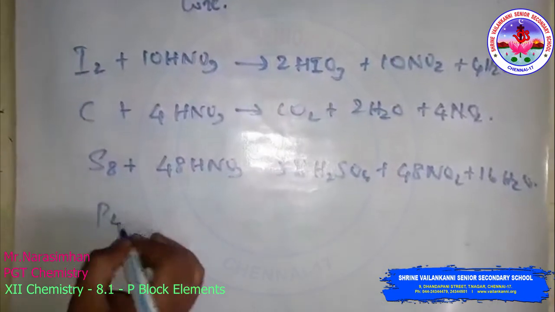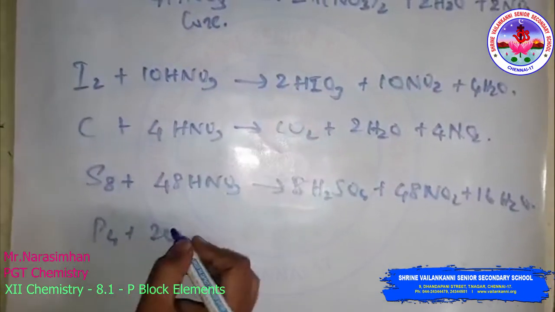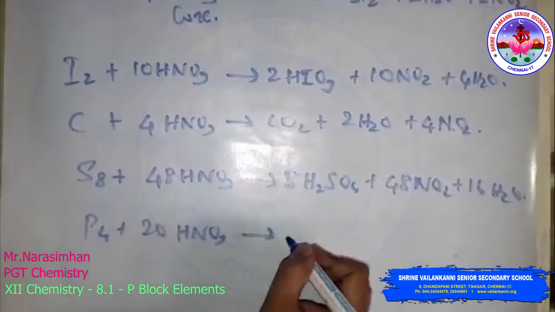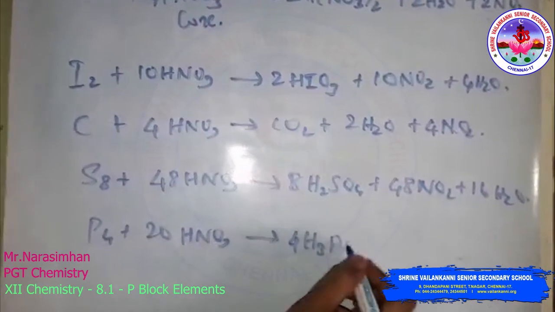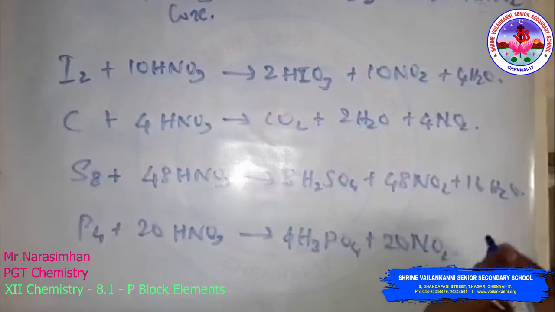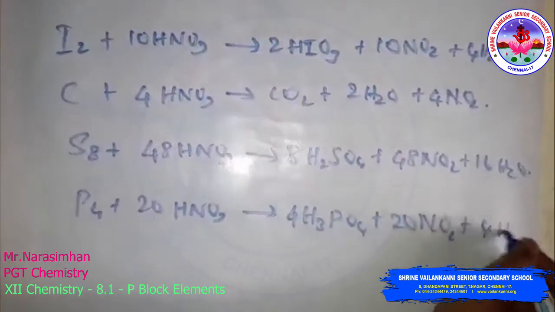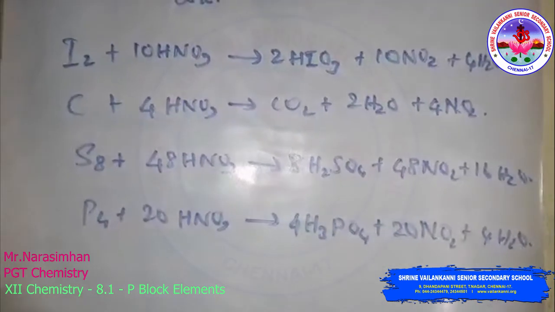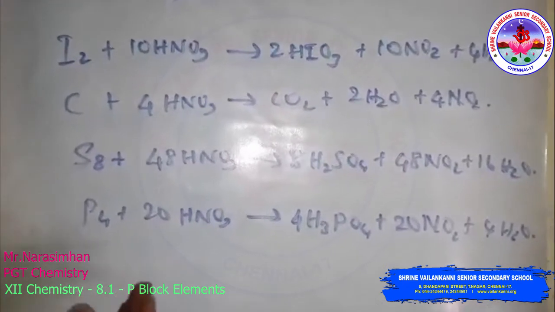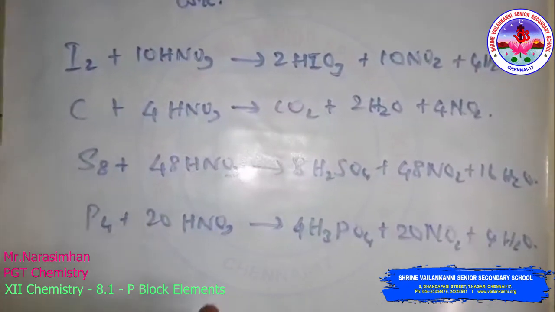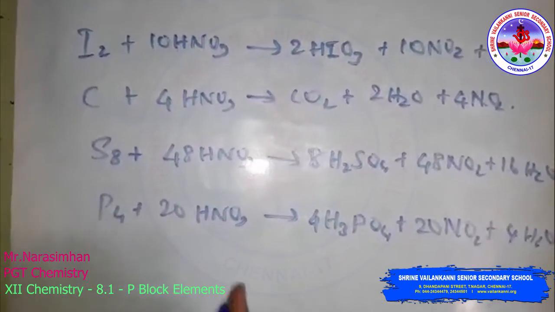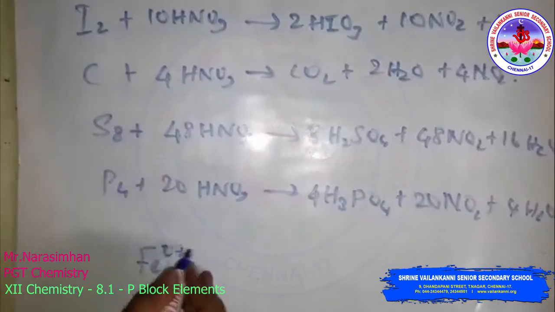Phosphorus reacts with 20 moles of HNO3, nitric acid, to produce phosphoric acid, H3PO4, 20 moles of nitrogen dioxide, and 4 moles of water. So these are the reactions. The main test for the presence of nitrate is a very common, familiar test, the brown ring test. The brown ring test for nitrates depends on the ability of Fe2+ to